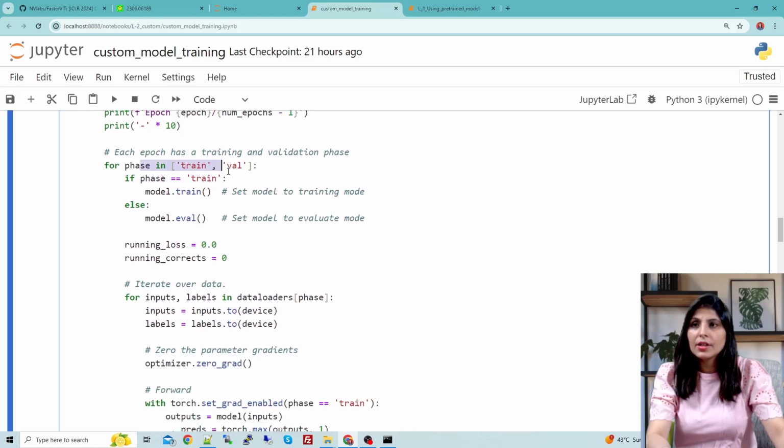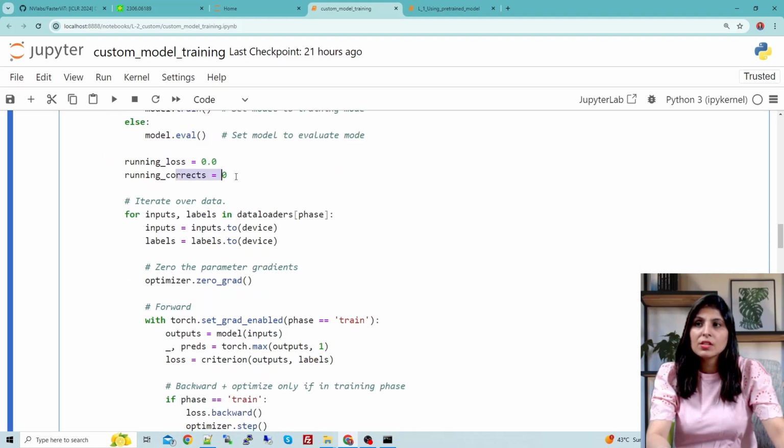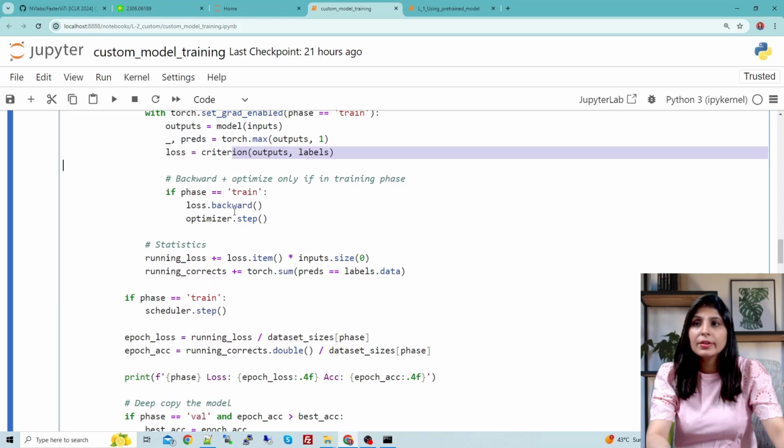So here in training, if phase is train, we want to train the model, otherwise evaluate the model. Right now running loss is this and running correct is this. Later on we will store the values in these, and this is how you load the data set, right? And then we are checking the loss over here.